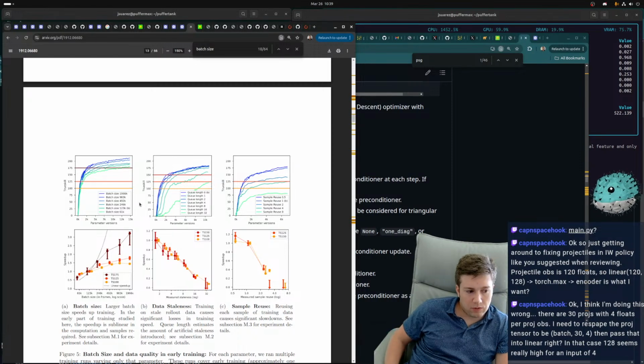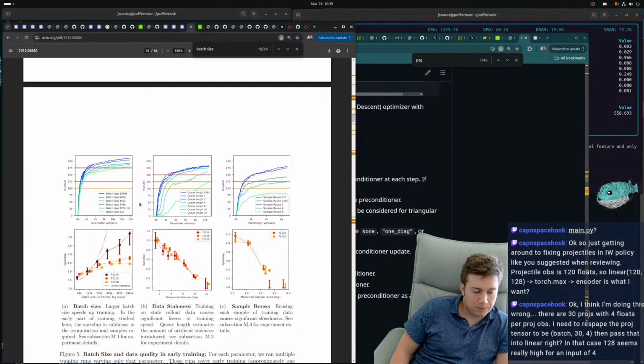Well, yeah, and that's where it can be potentially slower. The issue that you're going to run into, though, is it's not just 128 for an input of 4. 128 is the total embedding dimension that you're going to compress all those projectiles into, right? So it's actually 120 going into 128.